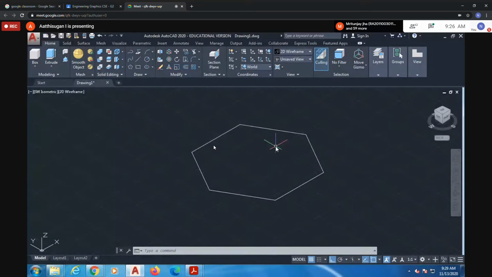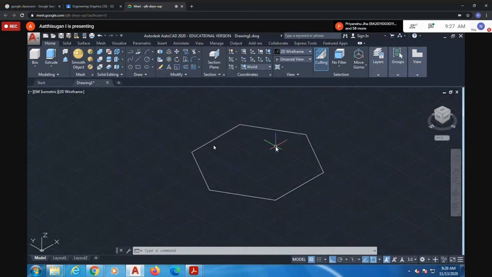In the top view, I cannot see the bottom corners. Imagine I'm standing on top and just seeing from the top. I can see only these corners, but I cannot see the bottom corners. The bottom corners are available, but I cannot see them from the top, so that you have to give within a bracket. Suppose this corner is A, then within a bracket you have to write 1. Similarly B, with everything within the bracket. So that you have to give.